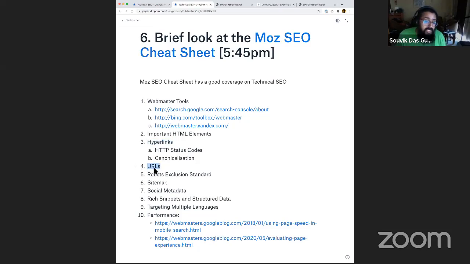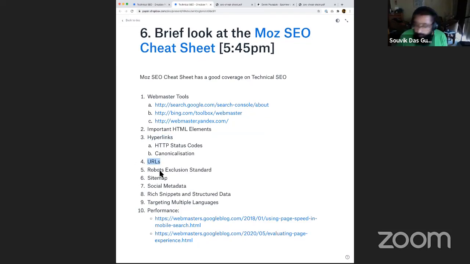The URL structures are also another very important thing. Whenever you're making your website, especially a website that is trying to optimize for search, the URLs shouldn't read like this: paper.dropbox.com/doc/ followed by some gibberish, a random set of letters and numbers.